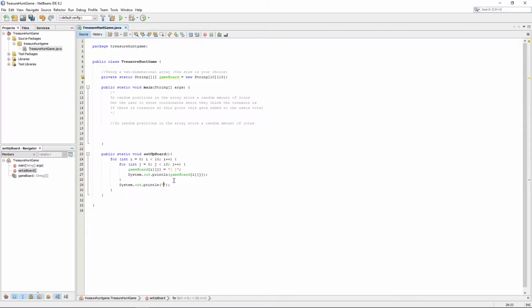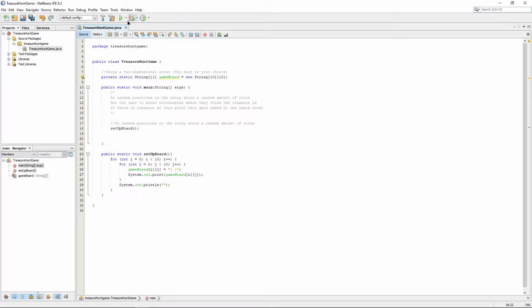Now if I'm doing a nested array, if I'm doing a nested loop, what I need to do when I set up the board is I'm going to loop through essentially all of the columns. Then I'm going to loop through all of the rows. So in each column, loop through the row, and I'm going to set this location in the game board to be square brackets with a space in between, just one space. And then I'm going to print out the game board. Okay, so when I call this setup board,